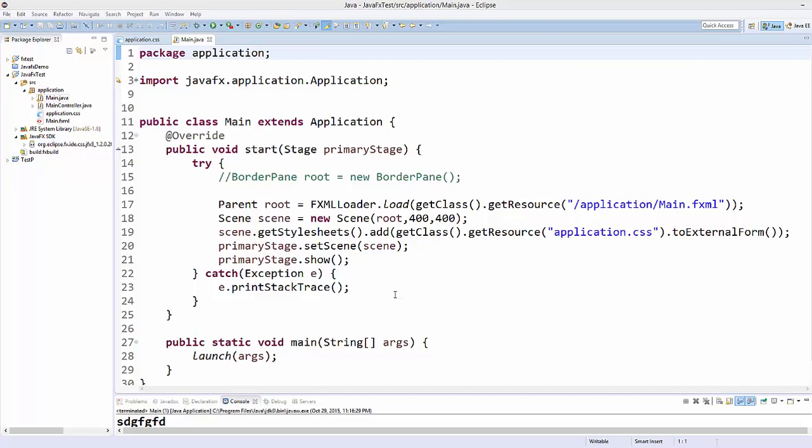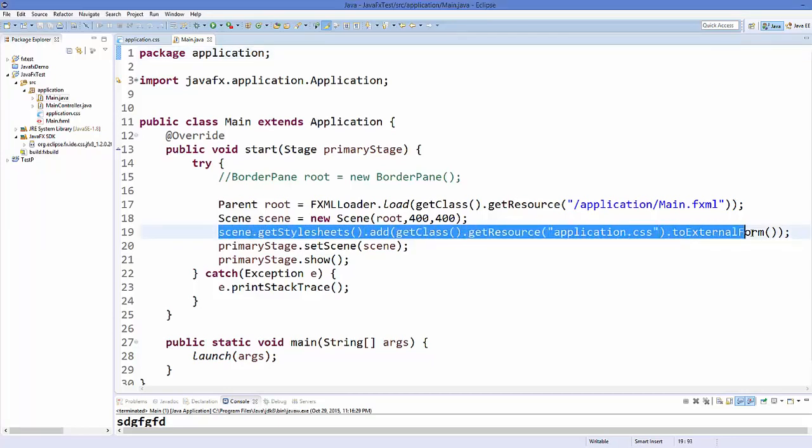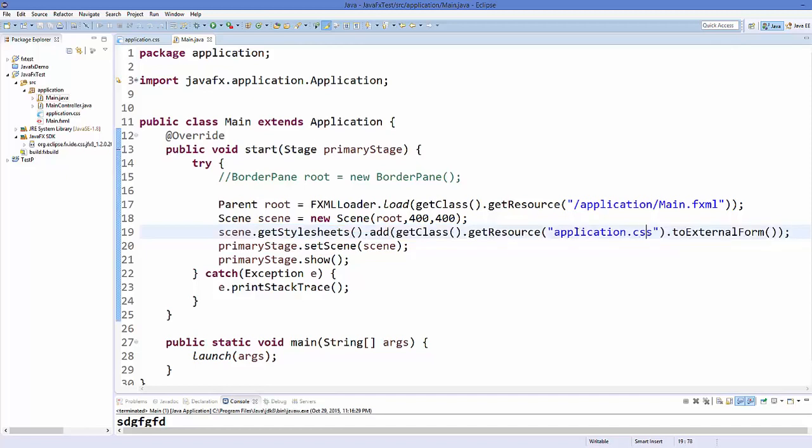In this video, we will see how we can apply styles to our components using style sheets. So if you remember in the last video, we created a project, and when we create a project, there is this line of code which is automatically generated for us, which is right now interesting for us, which is this one,